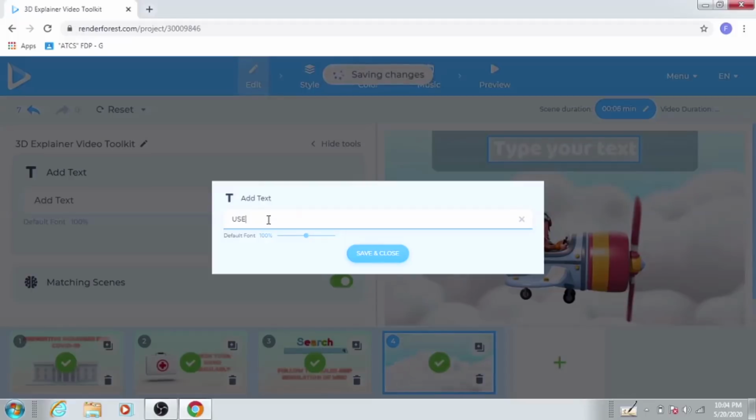So you have to write use the mask. Always you have to use this term.